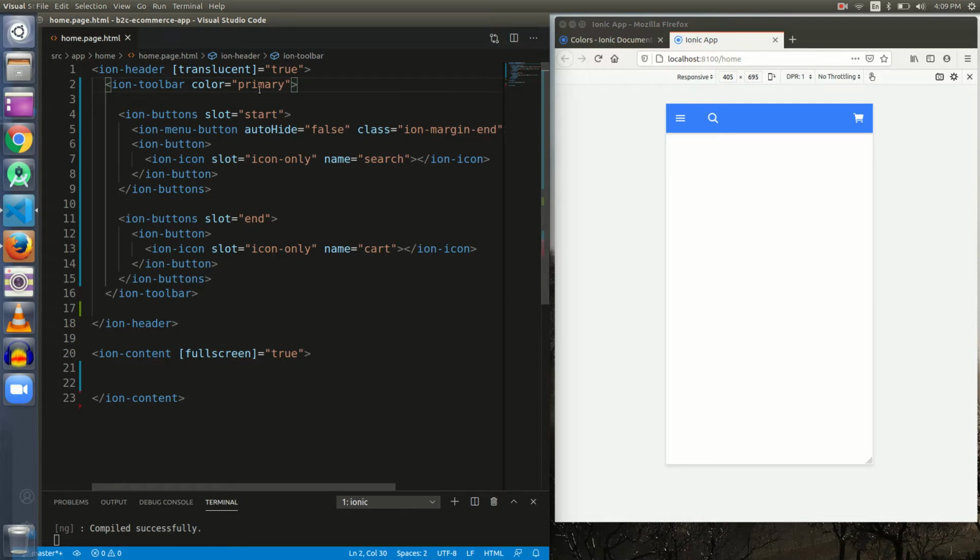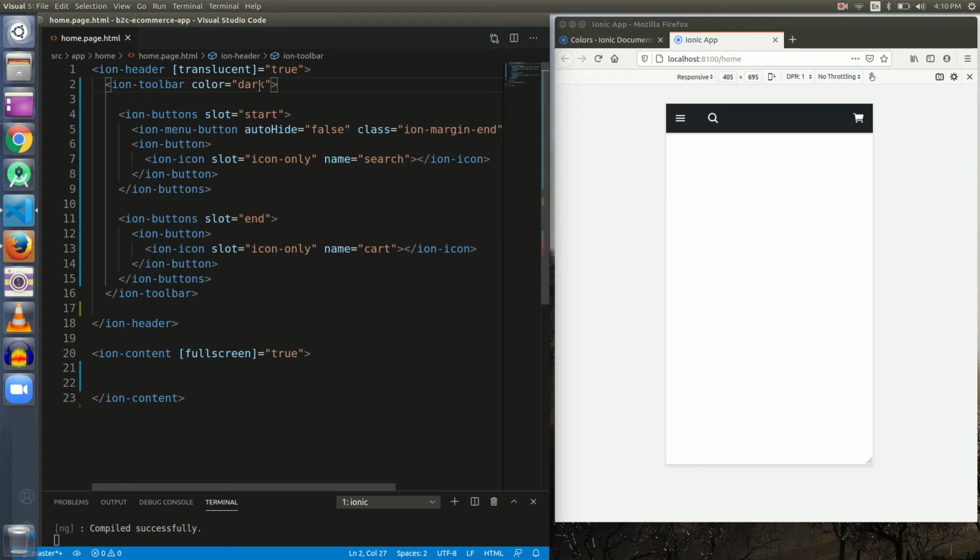And that being said, there are different colors that we can try. Primary we have tested, secondary we can test and see. Secondary is okay, it's light blue, something like that, aqua color. Then danger we can test. I am hopeful that it is red, and it is red. There was something like light as well, so let me test light. Light is something like off-white actually. Let's remove the light color and put in dark, and it's black. Okay, and see the color of the icons, they change as well.